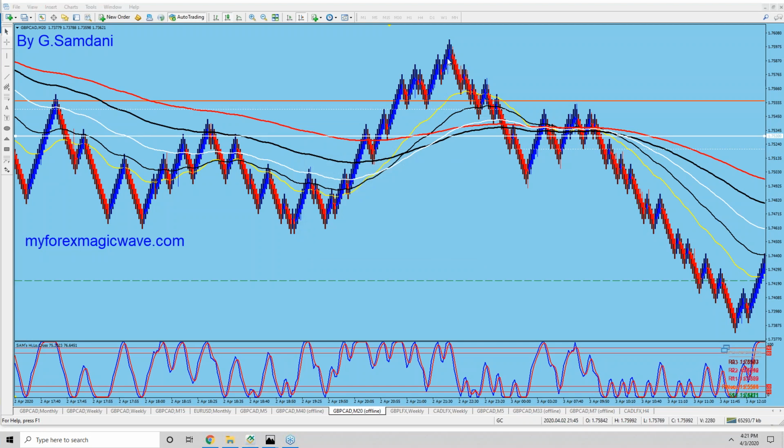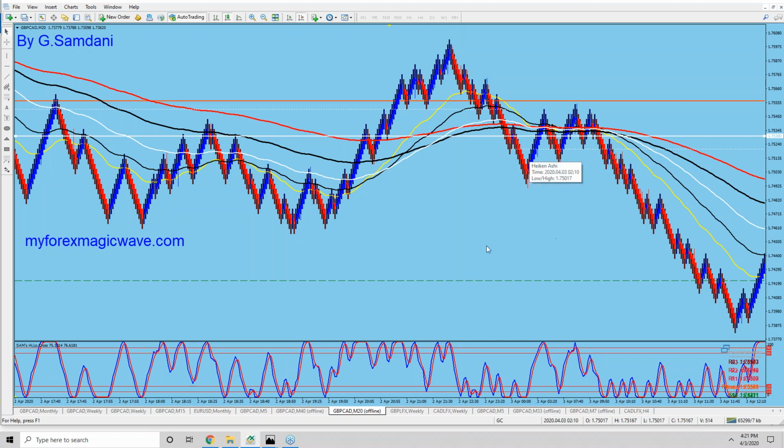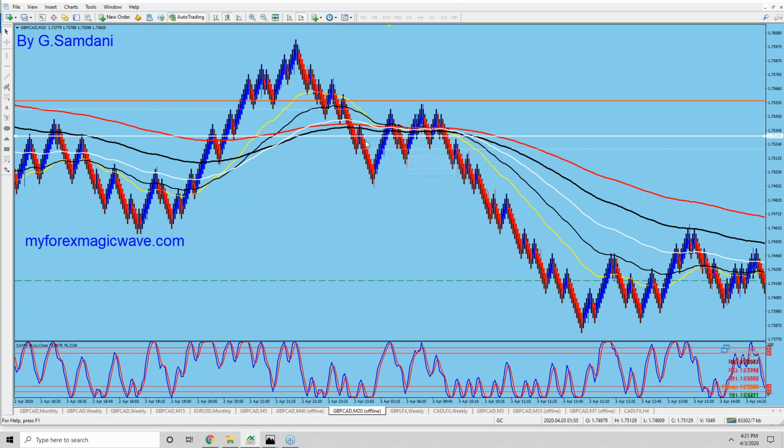So now this was the area, the high over there at the end of April 2nd, and then we went down below the wave, we went up again, and the same story, same setup is right there. So obviously we are breaking. We went down below this and here as well, so we are disregarding this number and we are trying to go down. Here we go up. This is the one that I took, got SL hit, and then again I got in here, and this is where I got here, and this is probably where Joey got in. Okay, so this is how you do the 40-minute chart setup.